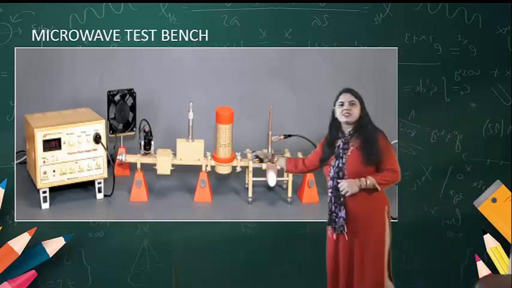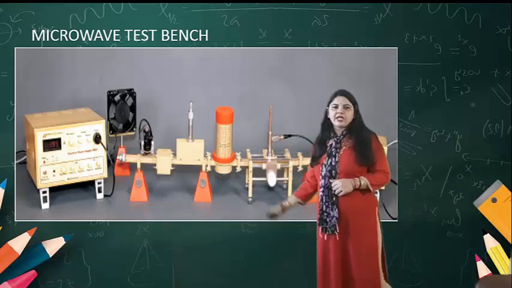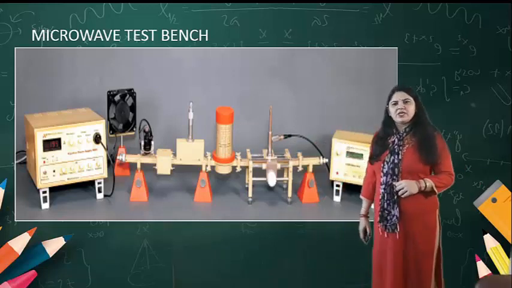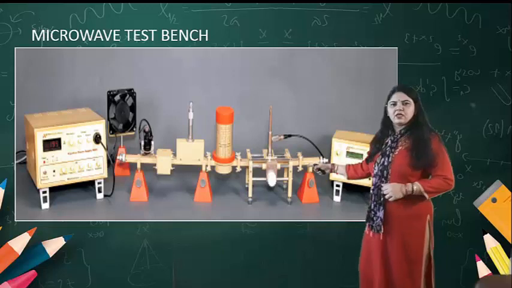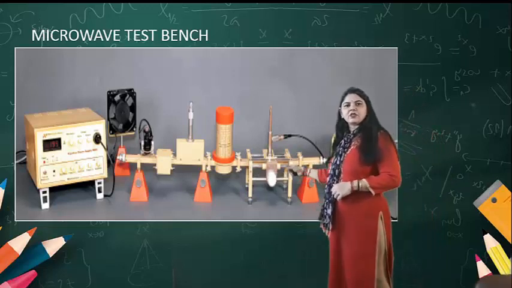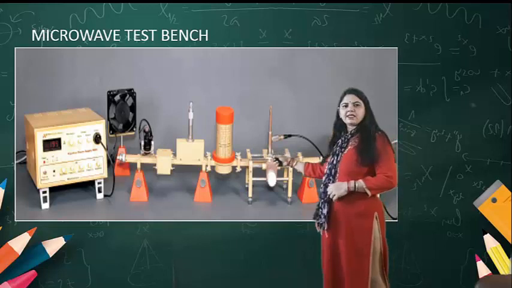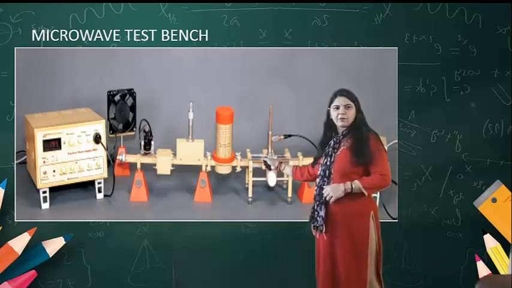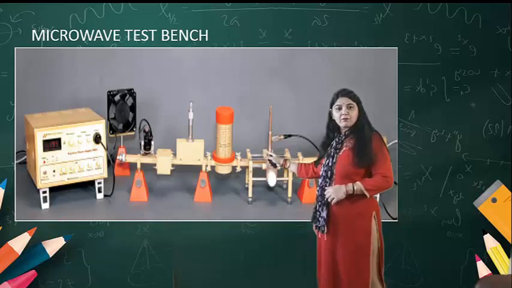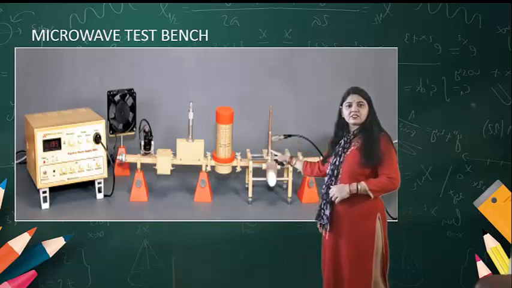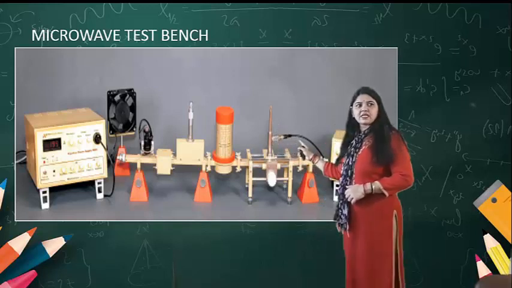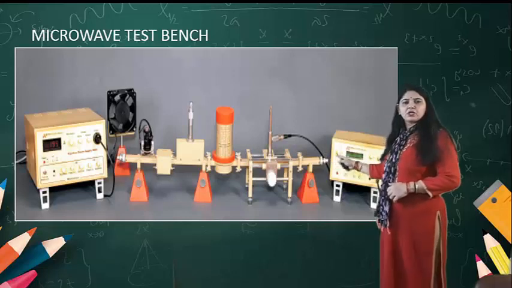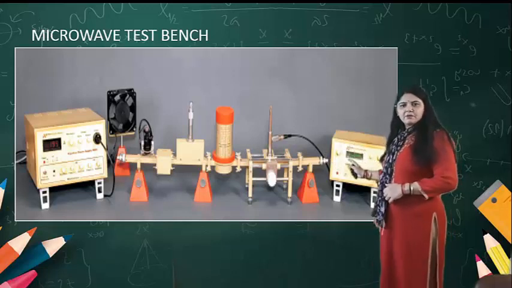Over here, the next is the microwave frequency meter, by using which we can vary the frequency. This is the slotted line section. By varying the position of this, we may see the performance and behavior of the wave at a particular point. Here you can see the tunable probe is connected, and this tunable probe is connected via the coaxial cable to the VSWR meter.